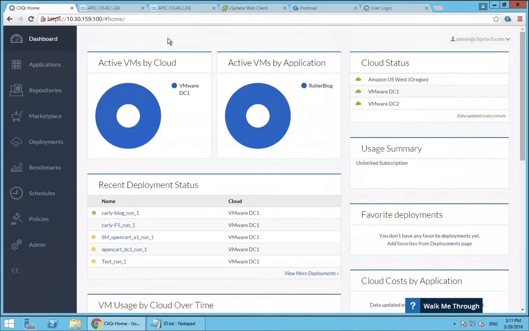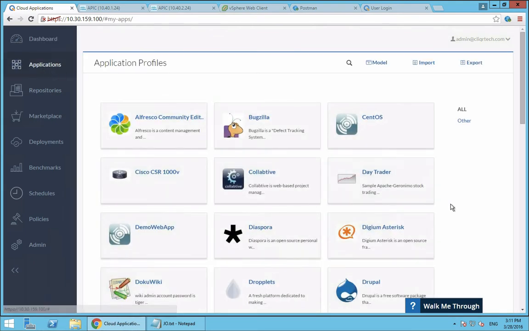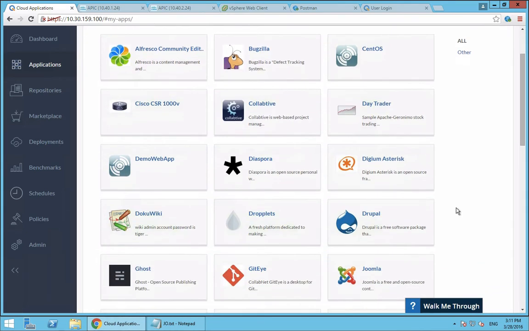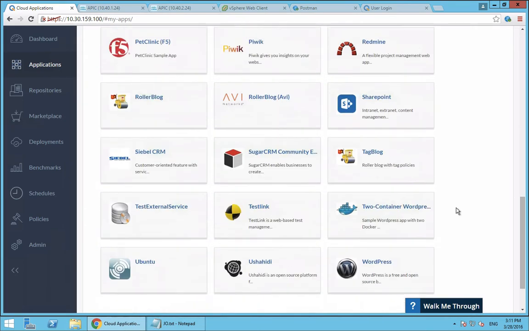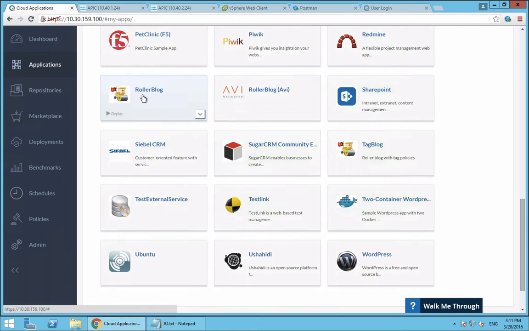However, most of my day-to-day users, my IT consumers and my developers, are going to be over here in the applications page. This provides a catalog of pre-built applications that you can import from CliQr's site and from elsewhere that define what an application looks like. And this is what really gives you that true one-click experience of deploying an app. So let's say I'm an IT user and I need to deploy a new Roller web blog. I'm going to start a corporate blog within my company. I can just go ahead and select this application,